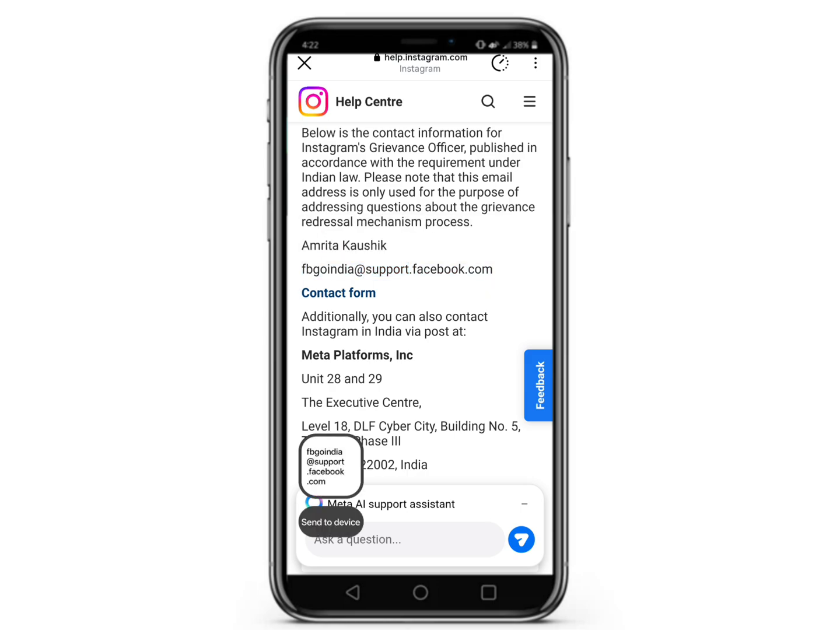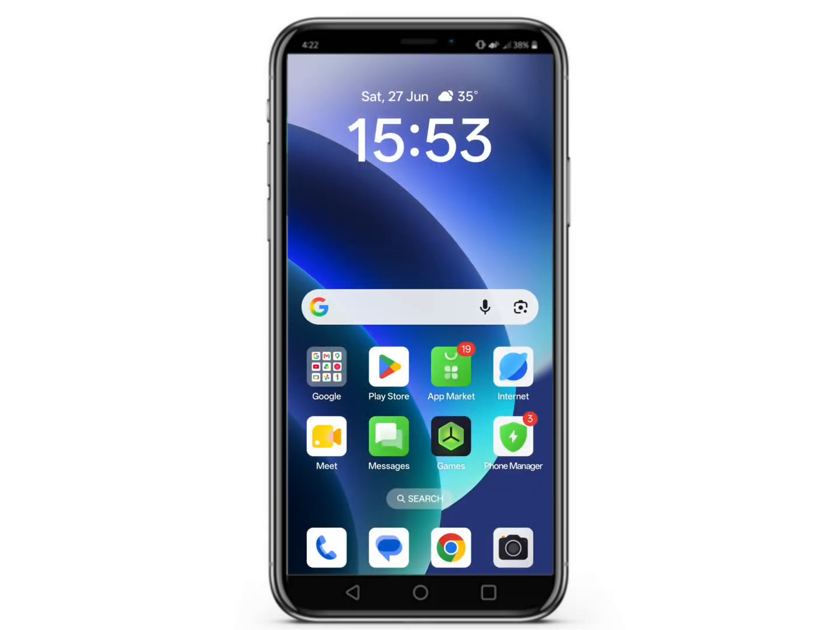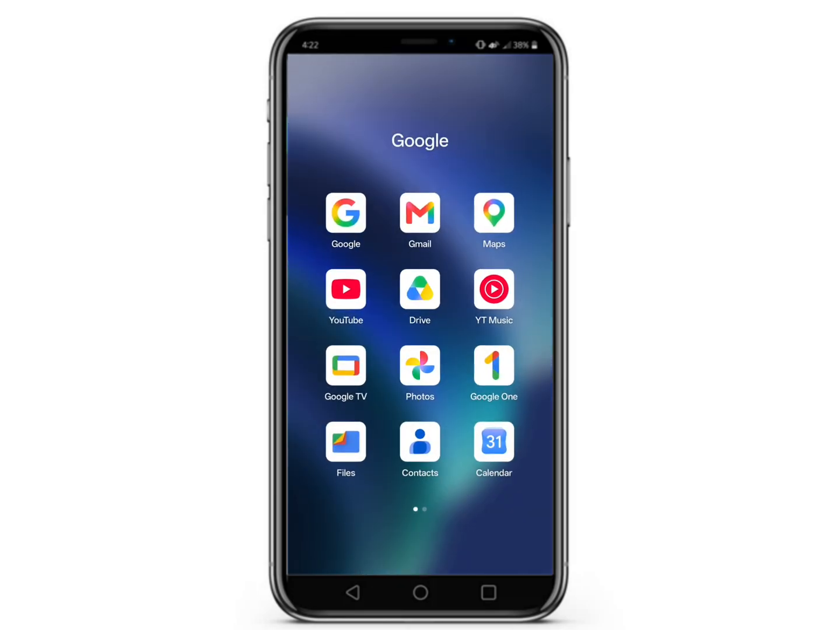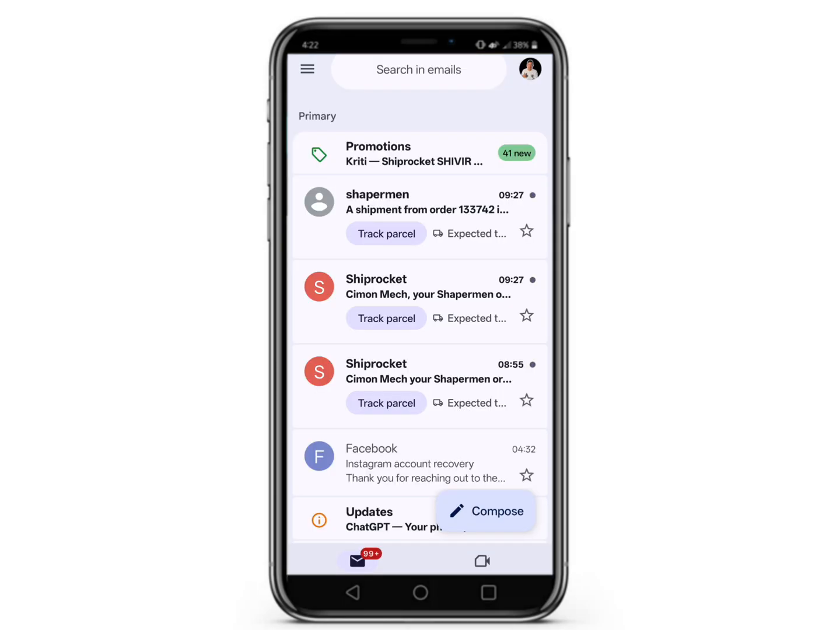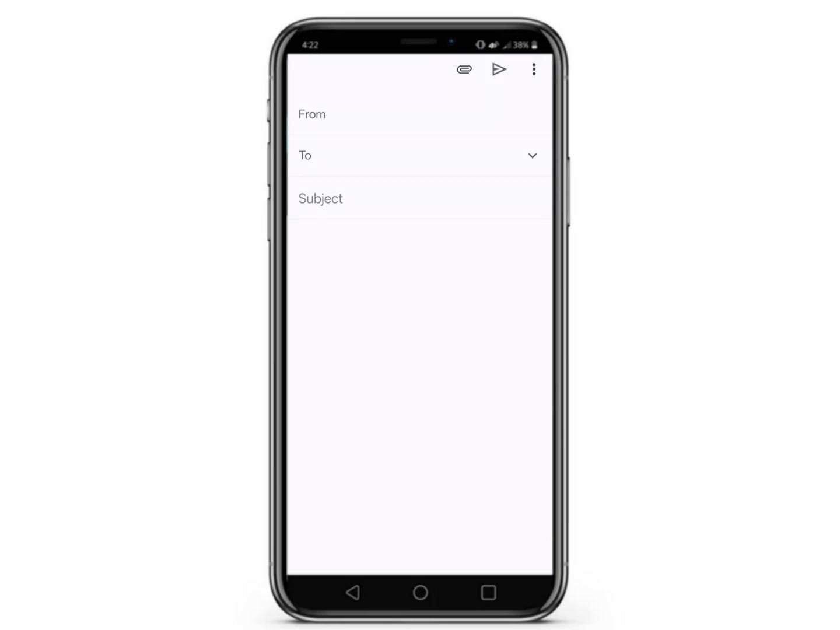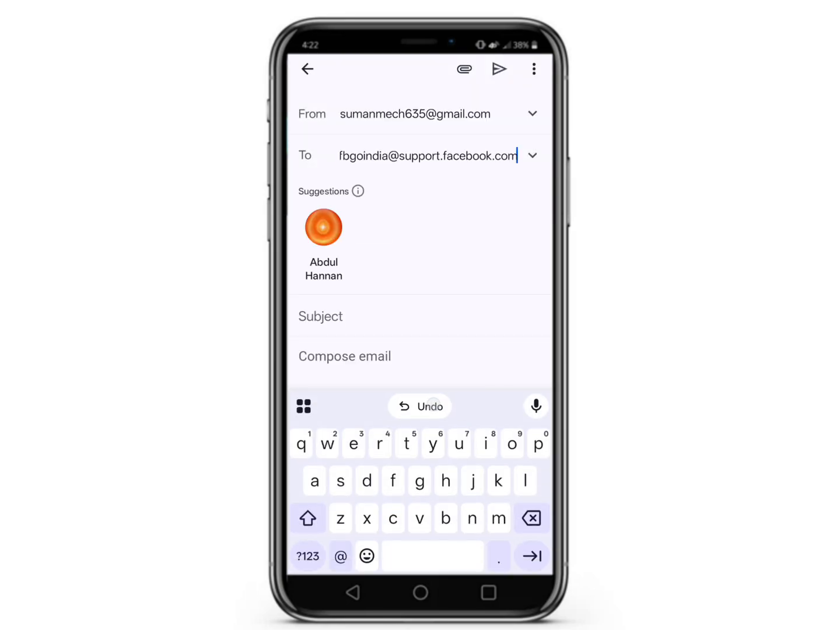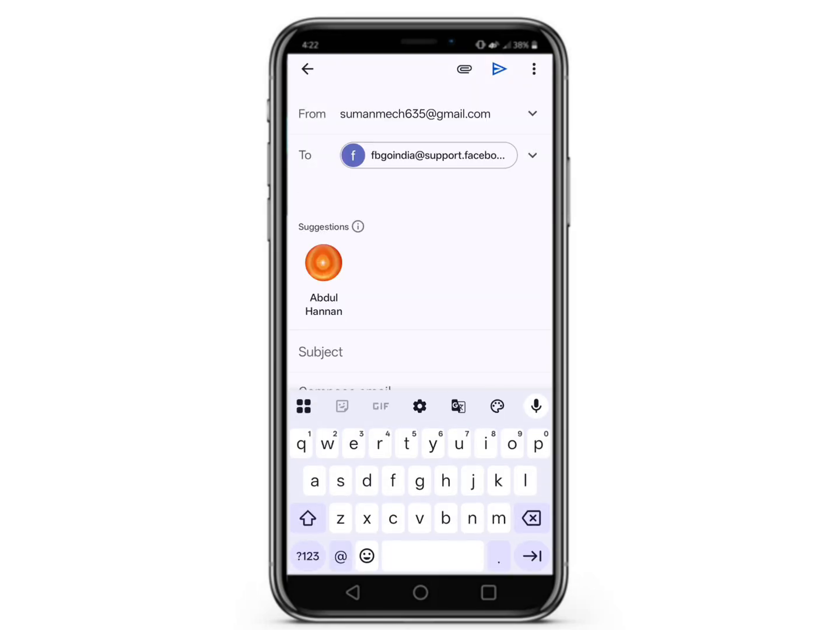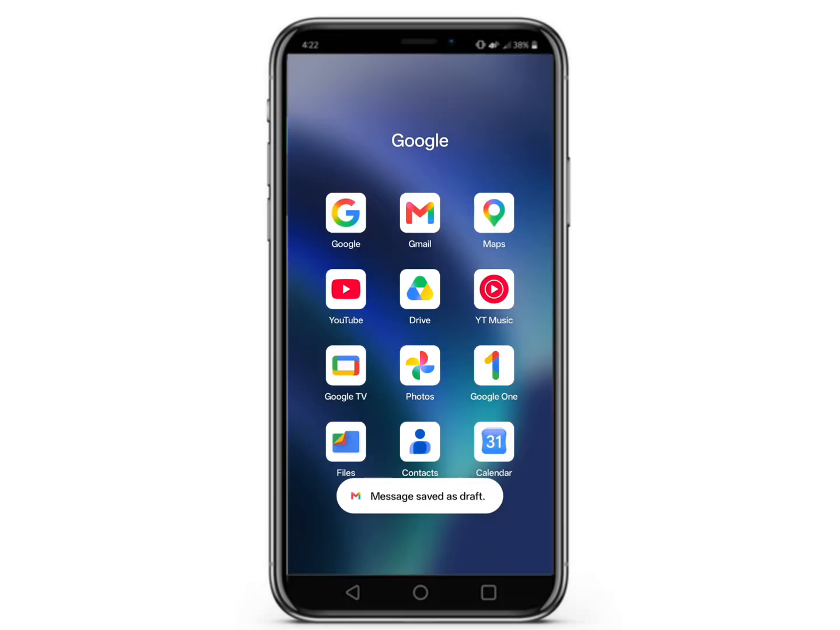Now what you need to do is go to Gmail. Here you have to click on Compose, and then add this here. Now you can see the subject. In the subject you have to write Instagram account recovery. Now in the Compose mail, what you have to do is that in this particular video there is